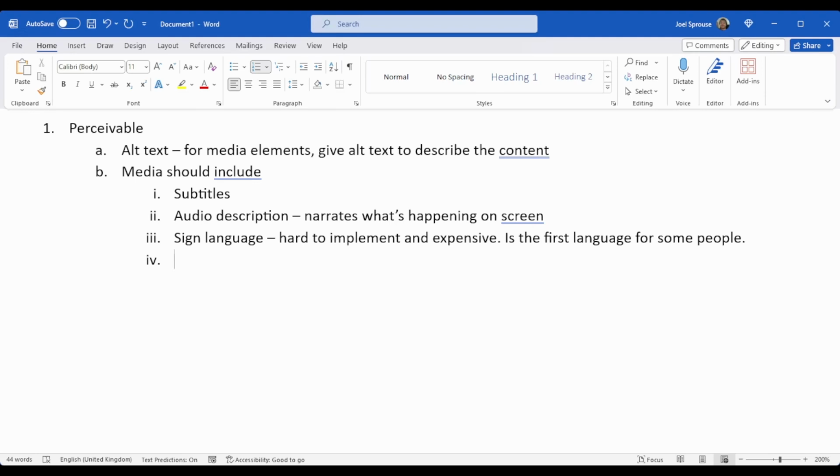Something else that might be helpful, particularly for long audio content, audio, that's how you spell audio content. And yeah, having a transcript, where it's just like a long block of text. It can look like a mess sometimes if you do it badly. If you do it well, you can make it really fit in, and that's really helpful for people who are deaf.